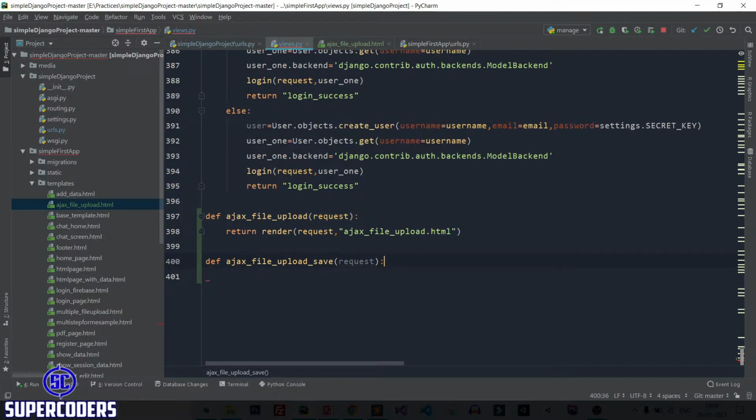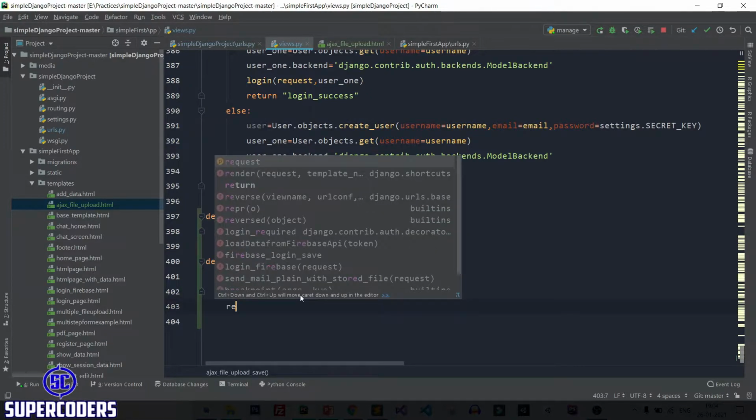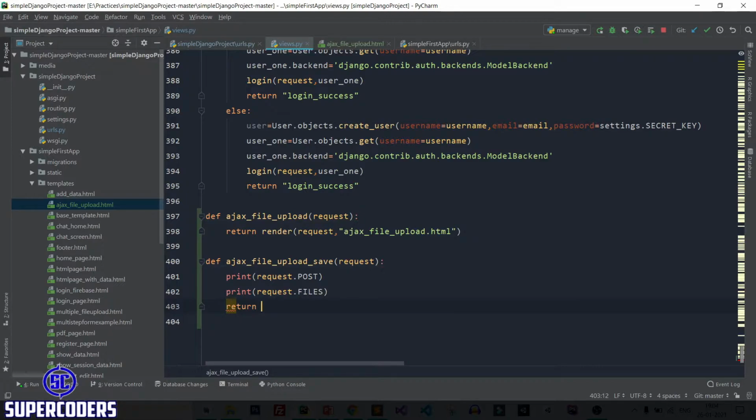After that here simply print request dot post and print request dot files. After that return HTTP response loaded.